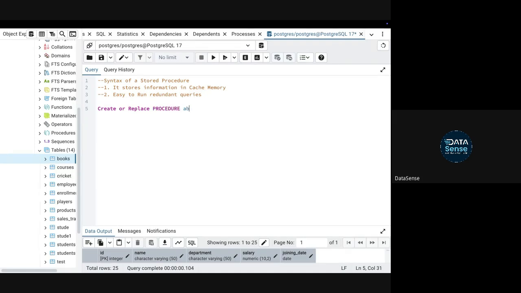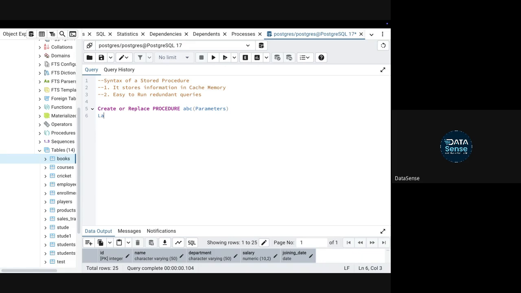Let's say the name is ABC. Once you give a name, you have to give some parameters. So here you will write down some parameters.